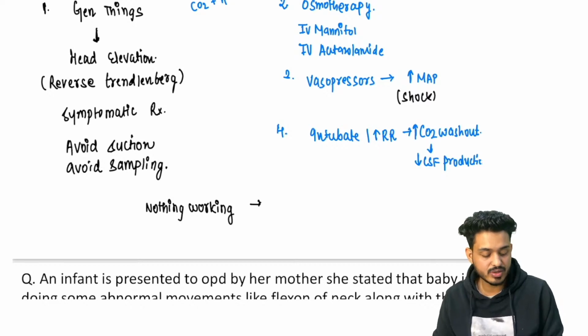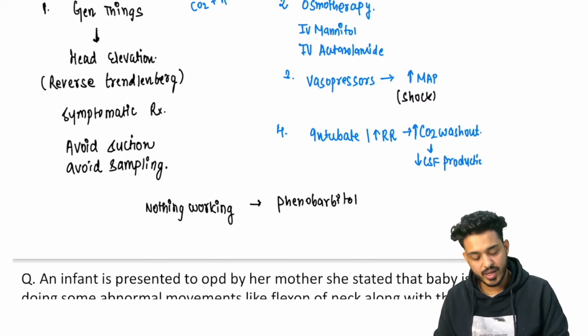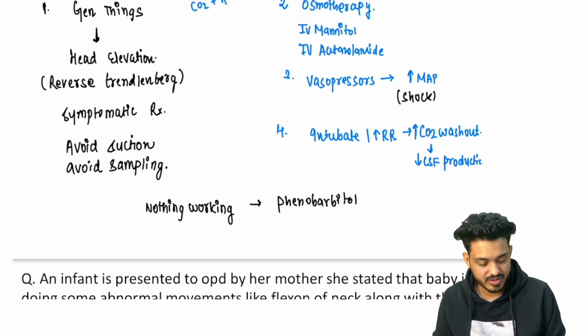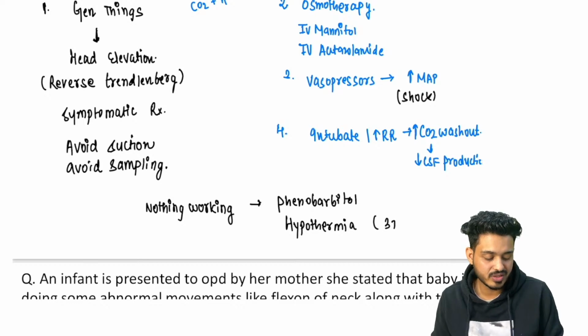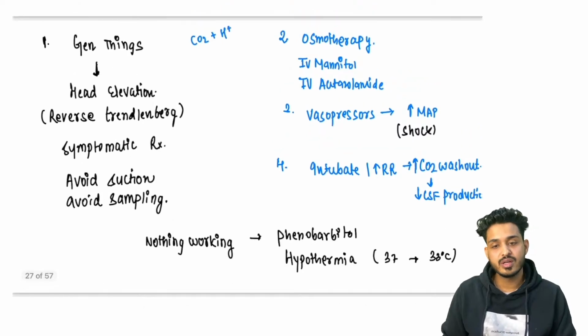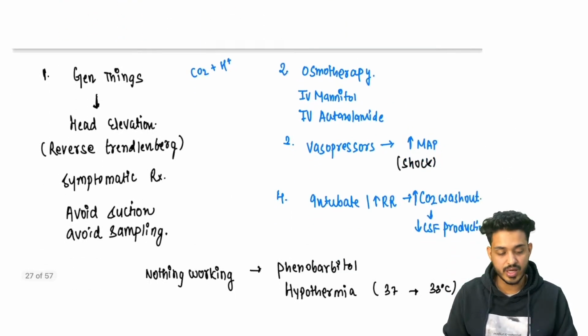How we can induce the coma? With the help of phenobarbital. Okay, we can also do hypothermia in the patient. Therapeutic hypothermia. यहाँ पर टेम्परेचर 37 से 33 डिग्री सेल्सियस तक ले जाएंगे, राइट? That is going to be your therapeutic hypothermia. This is how we are going to treat the patient of